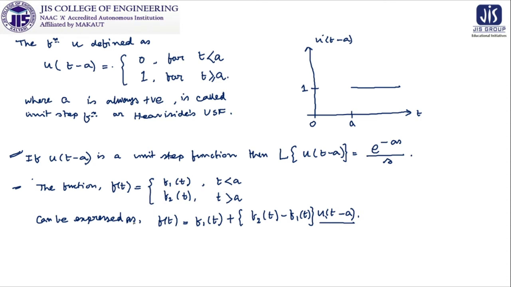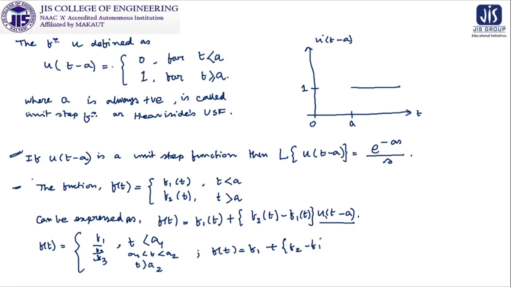And similarly, if we have a function f(t) represented in three-line expression along with the ranges, t less than a1, then a1 less than t less than a2, and then t greater than a2, and suppose this is f1, f2 and f3, then also we can write f(t) with the help of unit step function in a single line, like that: f1 plus (f2 minus f1) into u(t minus a1)